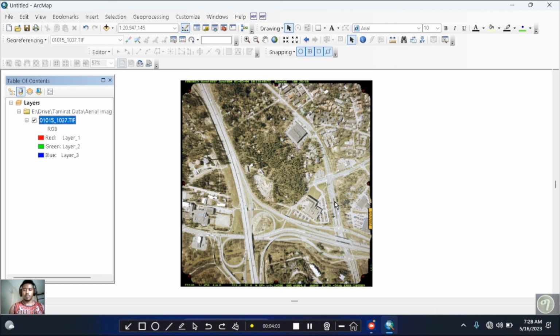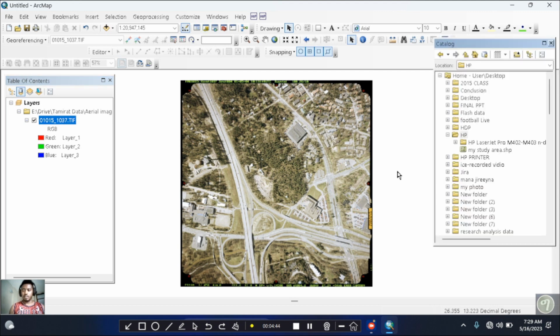From this aerial photo, I need this area. Look, this area is my study area, let's assume. So how can I extract or clip or cut this area from this big aerial photo? In order to do that, first I need a shapefile. That means I have to digitize this area, or I have to give a boundary for the area I want to extract. So to do that, I open the catalog and create